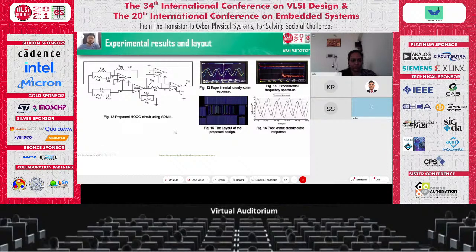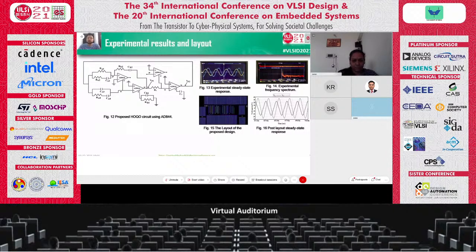So for the breadboard verification, the proposed circuit is designed using commercially accessible IC 8844AN. So here four 8844 ICs have been utilized. So this is the terminal V01, this is the V02. So figure 13 shows the experimental steady state response of V01 and V02, and figure 14 shows the experimental frequency spectrum, which provides the frequency of oscillation is around 70 kilohertz. There is a variation of 3% with respect to the theoretical frequency response due to the 10% tolerances of